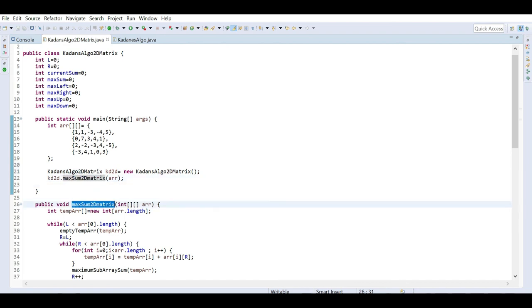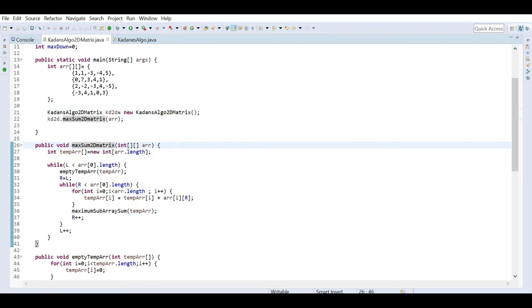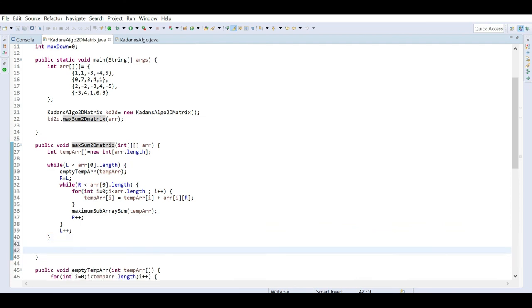So here somewhere we have to print whatever result we got. So we can do a SYSO here, and maximum sum we can denote as this dot max sum.